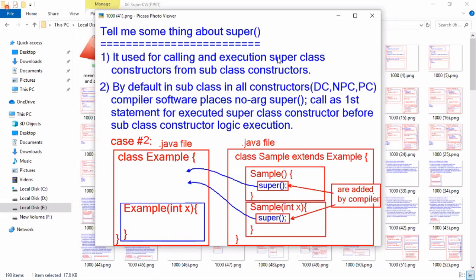In a super class, we have only a param constructor. Then what happened? Will the compiler insert an int param constructor call?